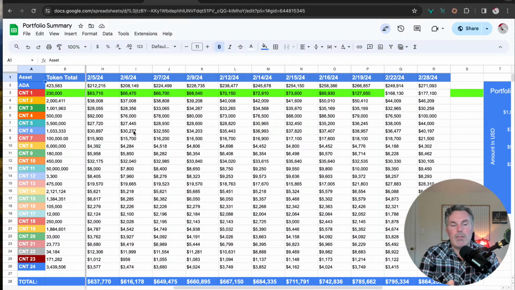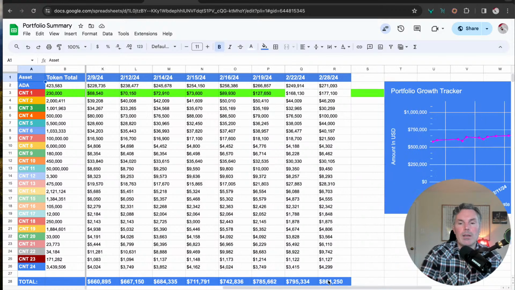And so I have learned and want to express and educate the community that these numbers are also growing in quantity. And so we're going to look at what it would be like when this number here, so this number is actually lower than the actual number if I were to right now add all of my rewards. And so I'm going to show you that on a quarterly basis.